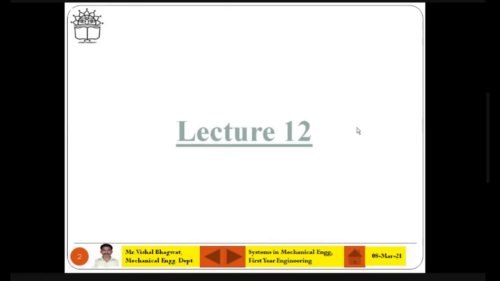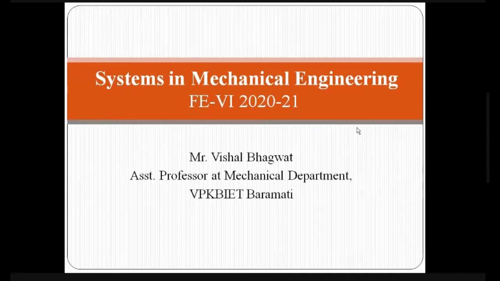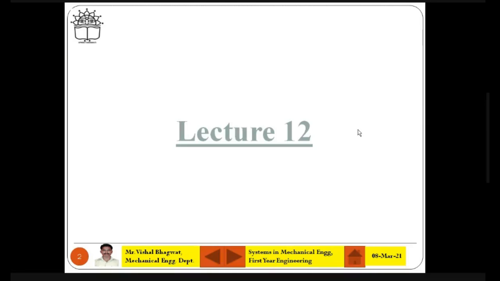So I welcome you to the lecture series of Systems in Mechanical Engineering. This is unit number 2, introduction to thermal engineering, and we are looking at the last part, heat transfer. We have seen the modes of heat transfer: conduction, convection, radiation. We have seen different equations and laws associated with them, so that you can increase the efficiency of the device by transferring more and more heat. Sometimes you don't want to transfer heat, sometimes you want maximum heat transfer. Based on that you can use the laws and solve simple numericals. This is lecture number 12.